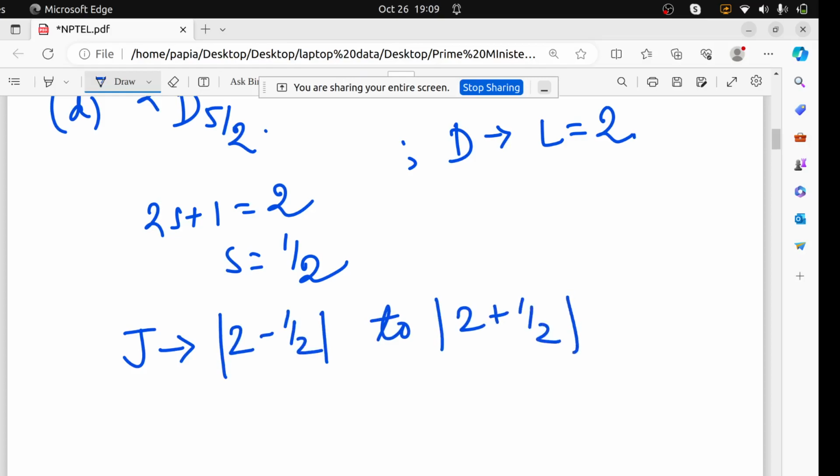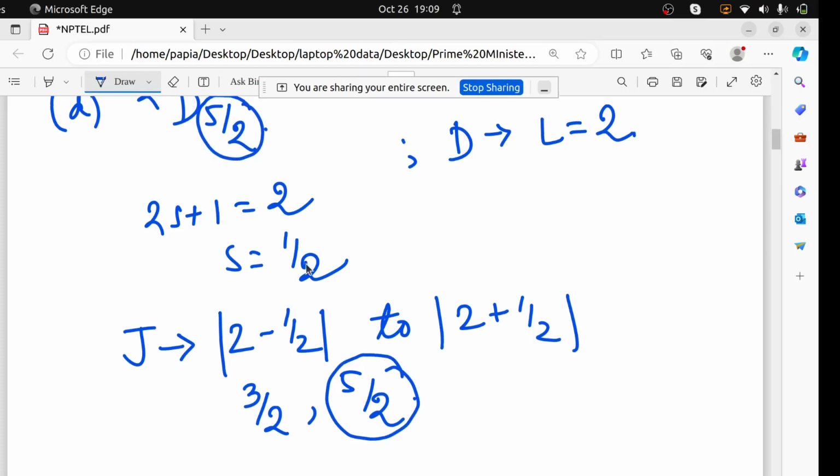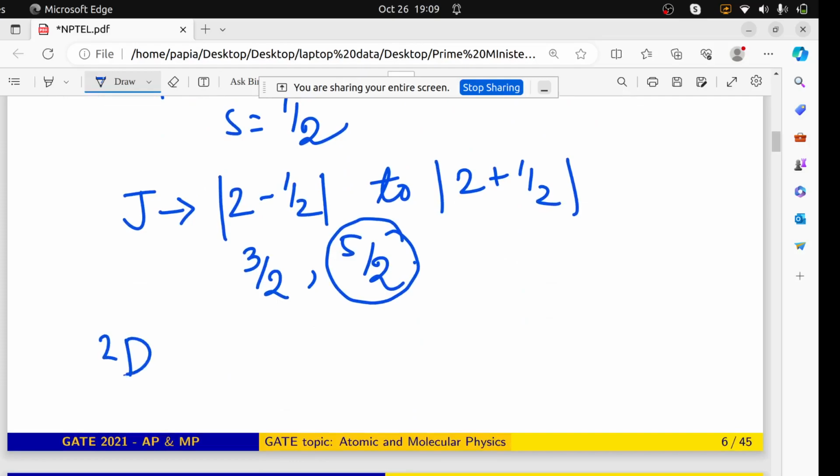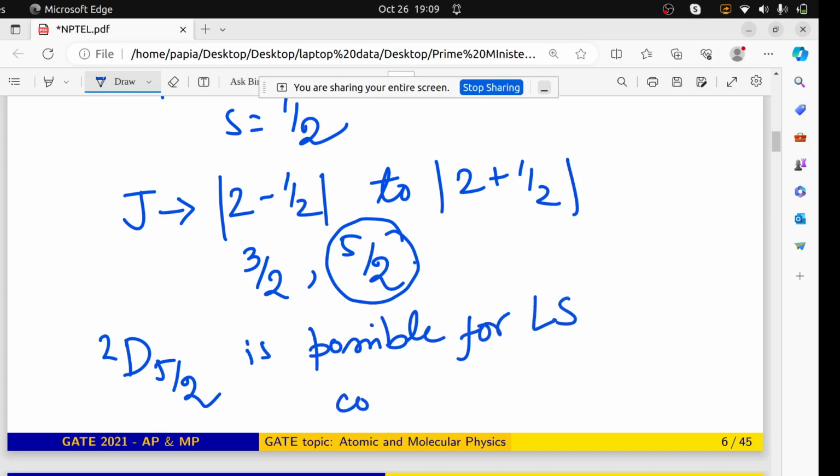So what will be the value here? 3 by 2 and 5 by 2. Now you can see that this 5 by 2 is given here as J. Now we can tell 2D 5 by 2, this is possible for LS coupling